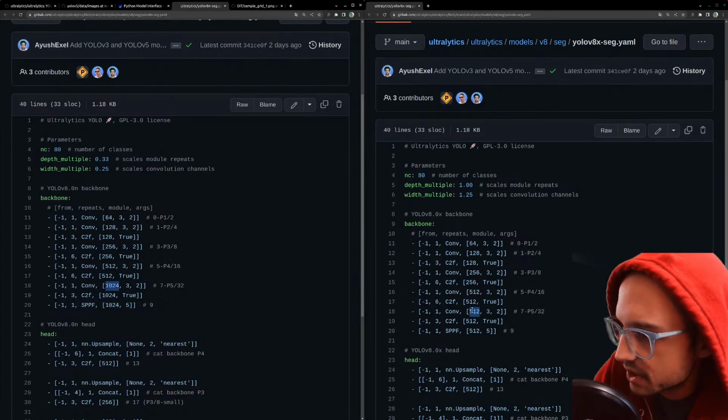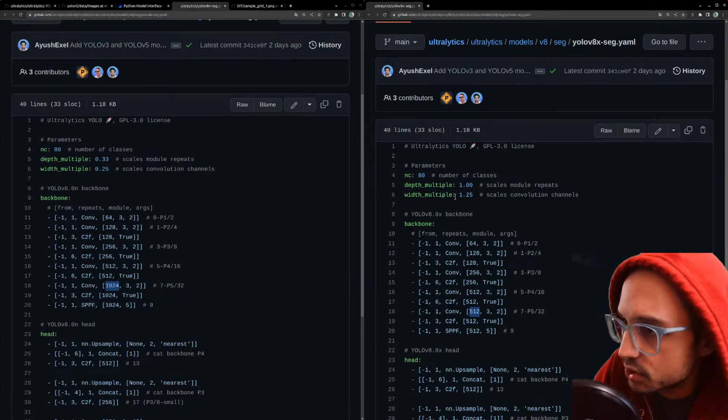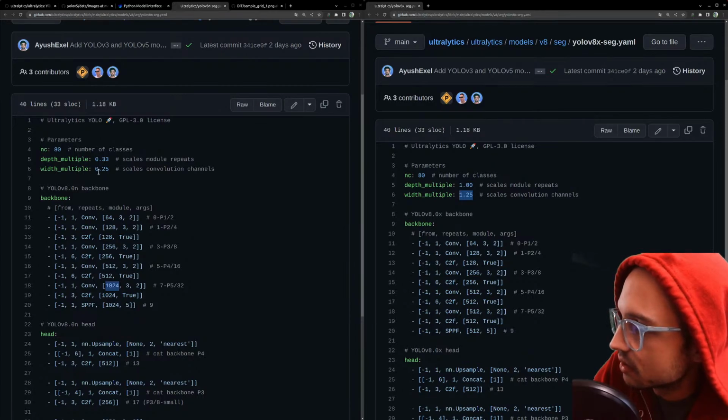Even though this is bigger than this, I think you're multiplying it by this, right? So 1.25 times 512 bigger than 0.25 times